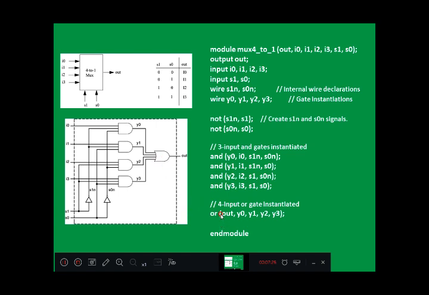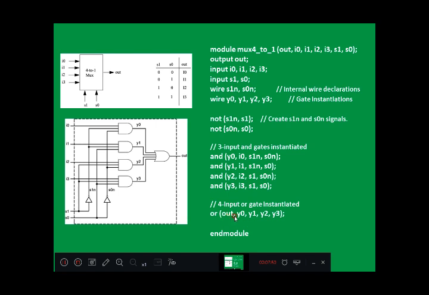Here you can observe, in the AND gate, first we have written the output, then 3 inputs, so it acts as a 3 input AND gate. If you write only 2 inputs, it behaves like a 2 input AND gate. You can write 4 inputs also and 1 output, it behaves like a 4 input AND gate. So we require an OR gate.